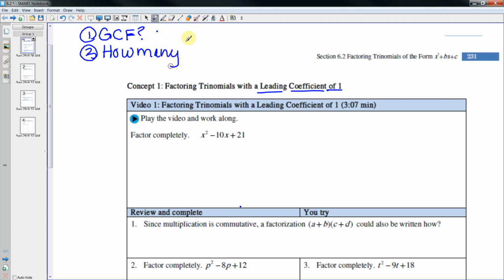And we have done ones that are 4 terms, and we factored those by grouping. So today we're going to do 3 terms that have a 1x squared. So in other words, that's what it's talking about when it says leading coefficient of 1, you have a 1x squared. And again, we're going to have to make sure that they're in descending order and things like that. So in order to factor the 1x squared, what we're going to do is we're going to find